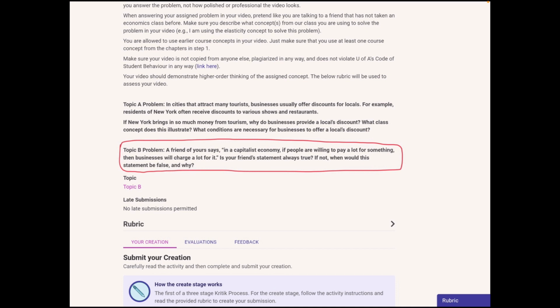First of all, in a competitive market, enterprises are price takers. That means companies are too small to influence market price. Competitive firms face perfectly elastic demand curves because competitive markets have no barriers to entry and many buyers and sellers are trading similar products. When many people are willing to pay for a product, the market demand curve shifts to the right, causing market price to rise in the short run. As a result, every business will charge more for the product. So in this case, this statement is true.